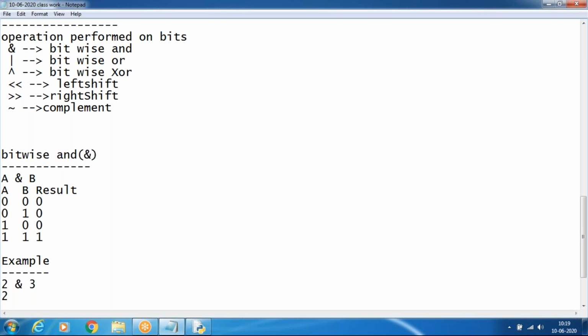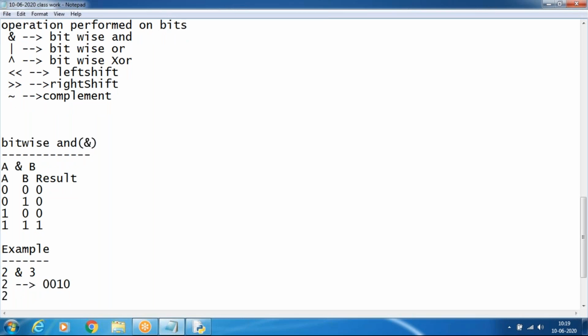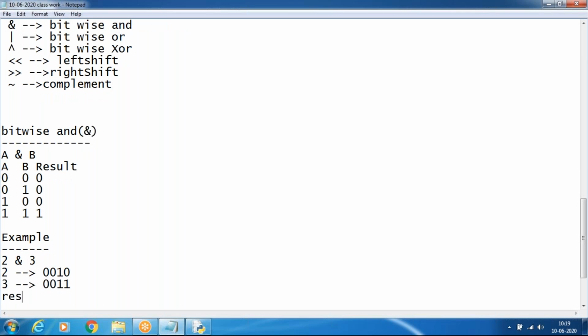The binary value of 2 is 0 0 1 0, and the binary value of 3 is 0 0 1 1. What is the result value? The result value will be produced: 0 1, the result will be 0.